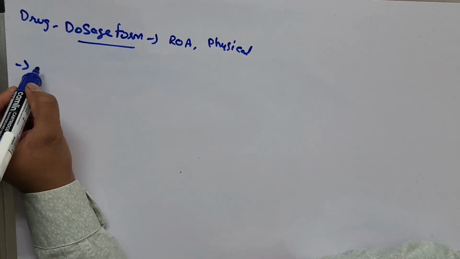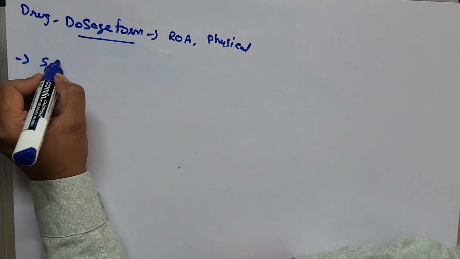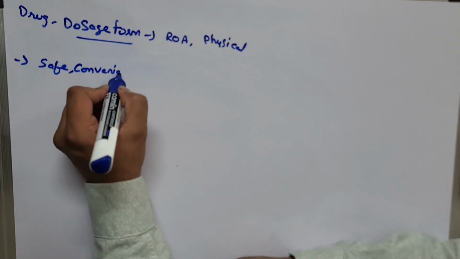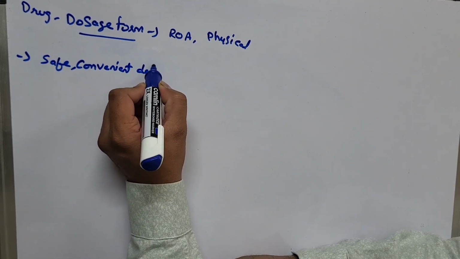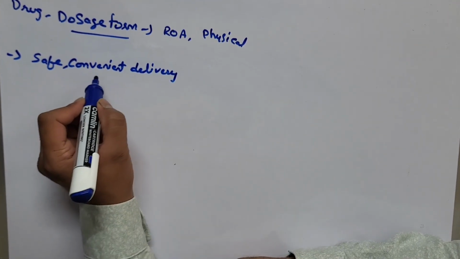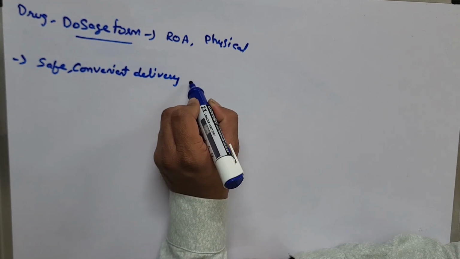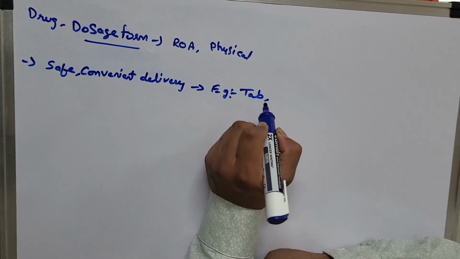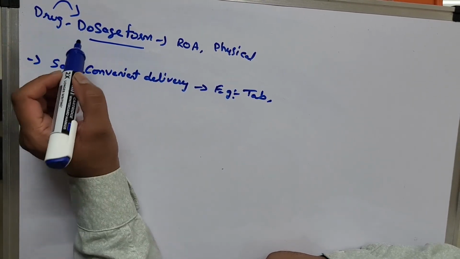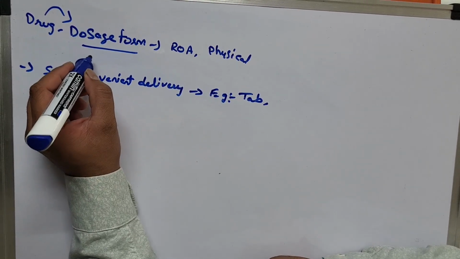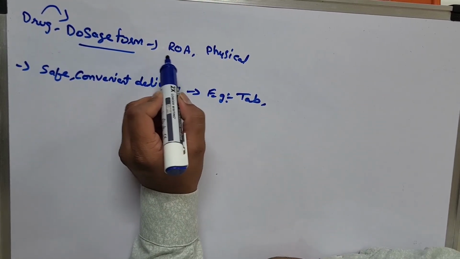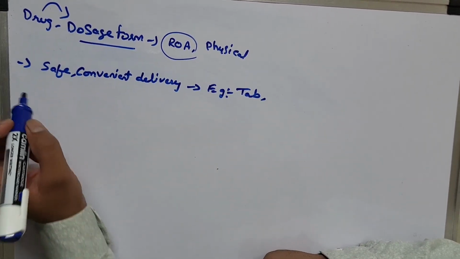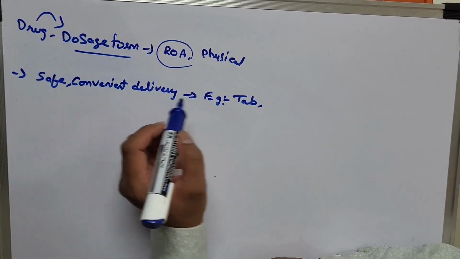First point, the drug must be a safe, convenient delivery of accurate doses. An example of this is tablets. The drug is converted in the form of a dosage form, right? The dosage form is nothing but a formulation. We convert this dosage form depending upon the route of administration. So we need dosage forms to provide safe, convenient delivery. Example: tablets,